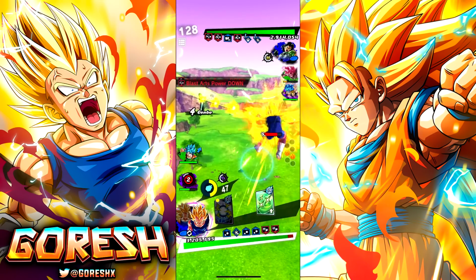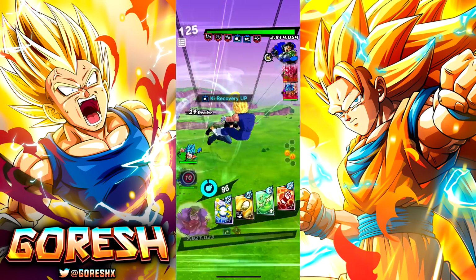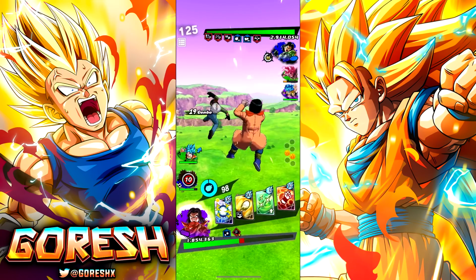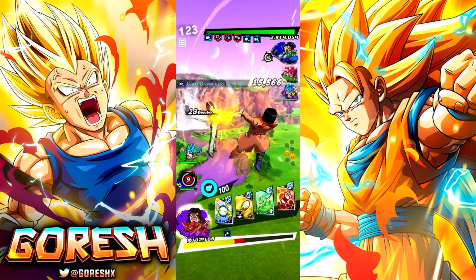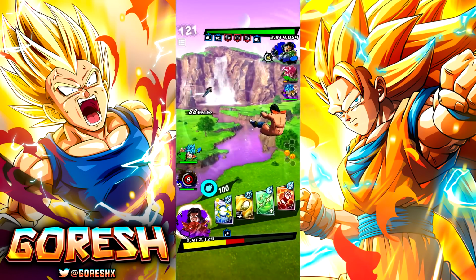That was the reason why you would spend the entire early game building him up. And the same can be said with this character right here. You want to build them up, you want to be able to switch them in and out 3 times to be able to build up to the Transcendent Kamehameha,